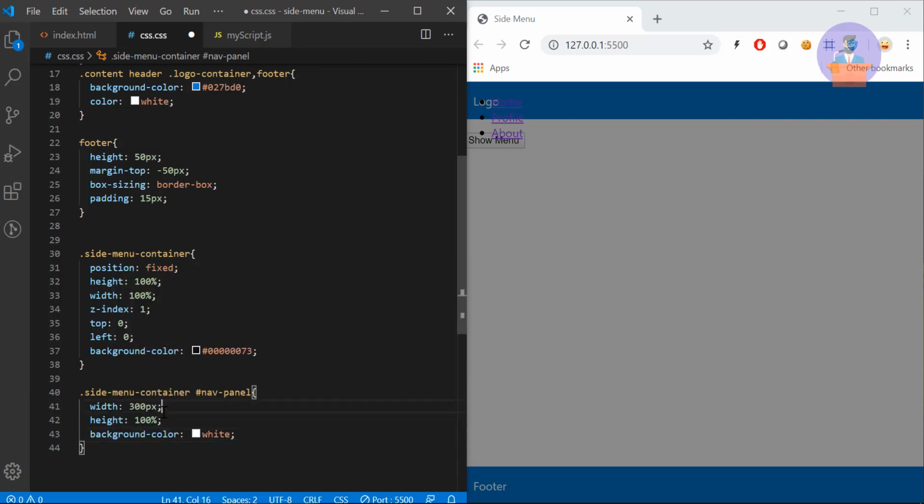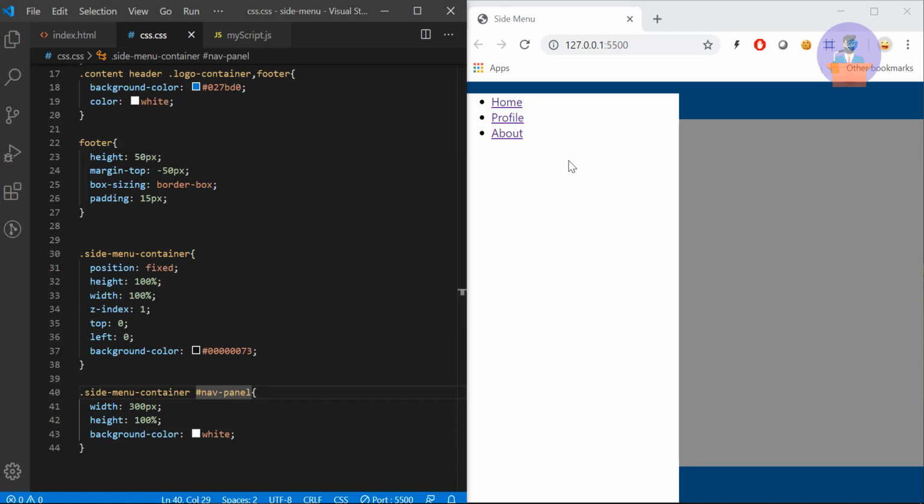Let's save it. You can see here we have provided a white background color and a width of 300 pixels, and we are getting this gap. This gap is due to the UL part, and the UL has a default margin. So we will remove this margin whenever we are providing CSS to our UL element.